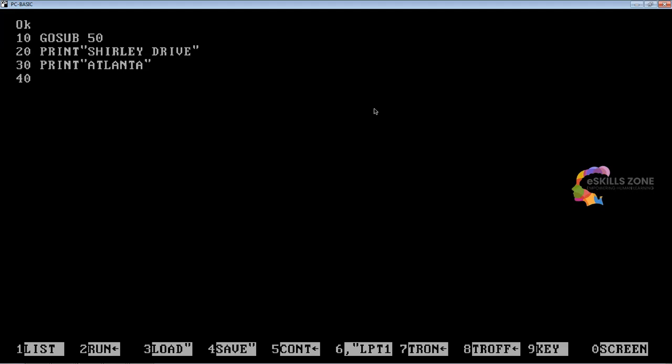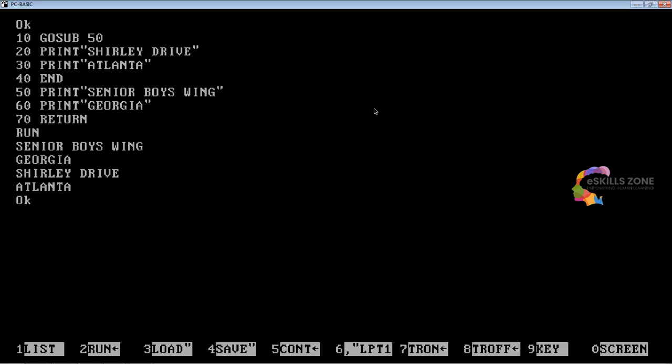Line 40 we will type END, line 50 we will type PRINT Senior Boys Wing, line 60 we will type PRINT Georgia, line 70 we will type RETURN statement over here, and when we press the F2 key